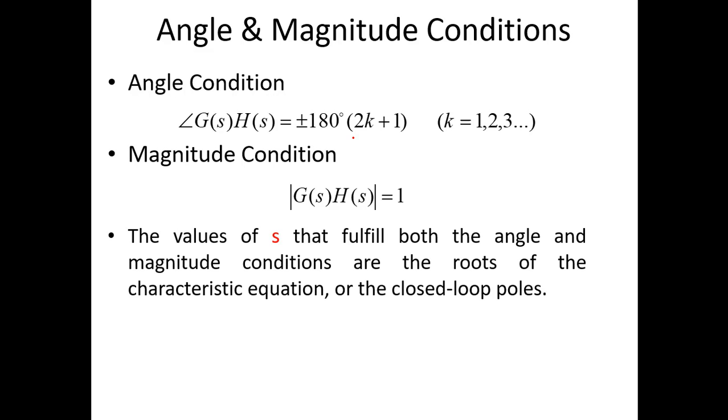The values of s that fulfill both of these criteria are the possible roots of that characteristic equation. If certain values of s do not fulfill these two criteria, it means that these values of s are not the roots of that equation. As I've told you, it is quite a complicated task compared to the RH criteria, but it is mostly used when you are trying to solve more complex systems. In a complex system, this is much easier to apply.